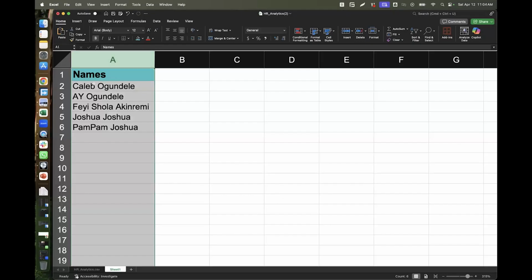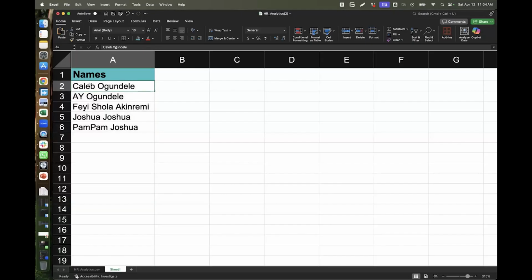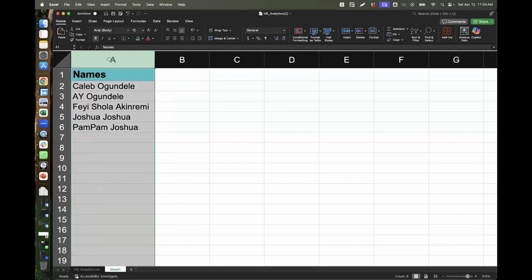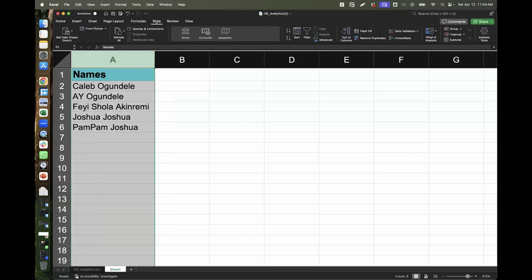Now, what did you notice? Their first name can be Caleb, but we cannot get their surname out. So for us to be able to separate that data, what we need to first of all do is select column A and go to Data here.